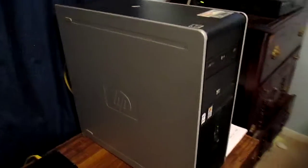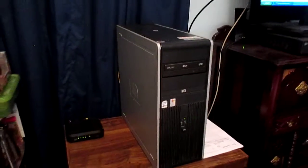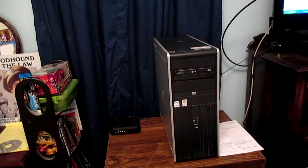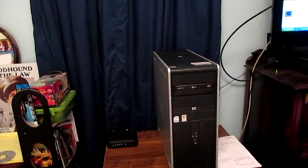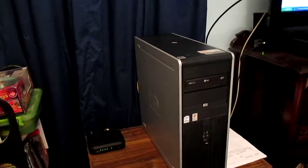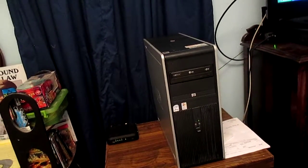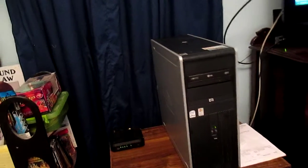I've got an HP. It was built. I didn't buy it from no store or nothing. I did have this built, but it's 10 years old, and this one here cannot be upgraded, or not that I know of. If there is, I can't upgrade it, and I know quite a bit about computers, so